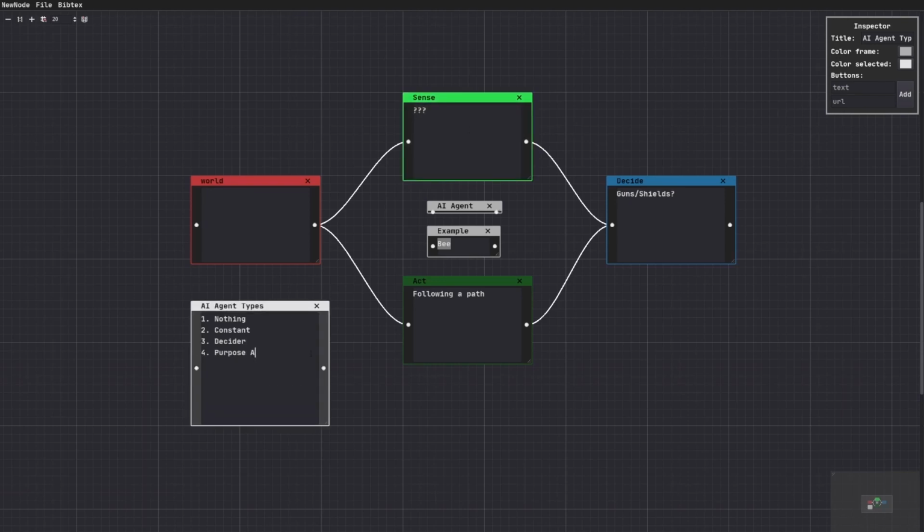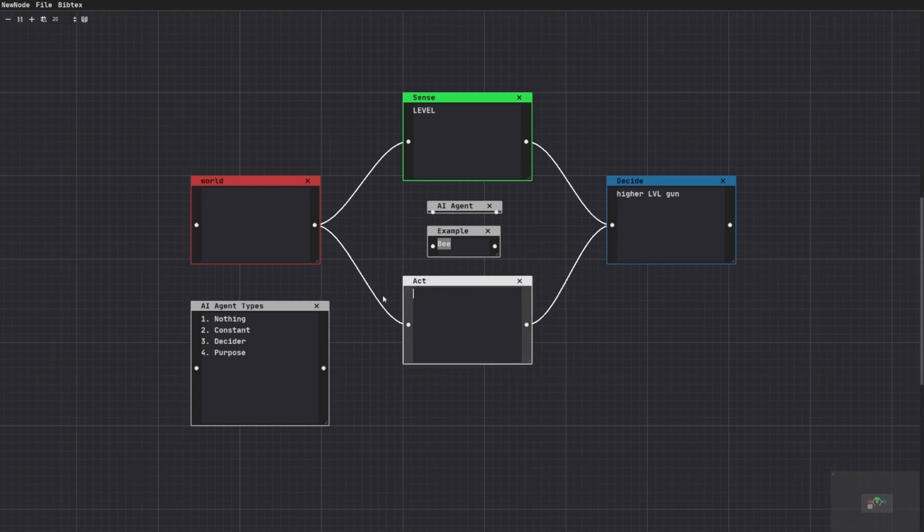So in the purpose AI, the AI actually senses. Say it senses my level, and depending on the level, I give a gun or shield, or I give a higher level gun, or something like this. Of course, it can still follow a path at the same time. But sure, it can also be like